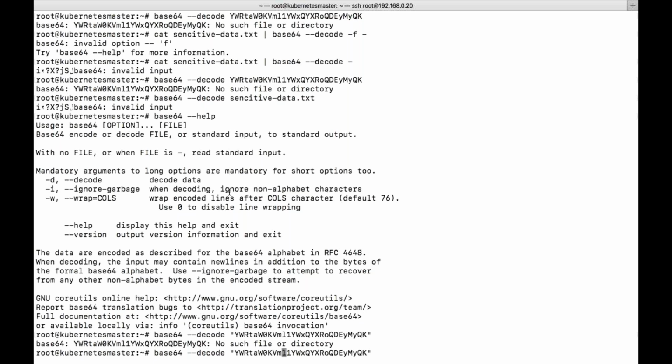We'll see later how to decode it, but this is the way to decode your data.